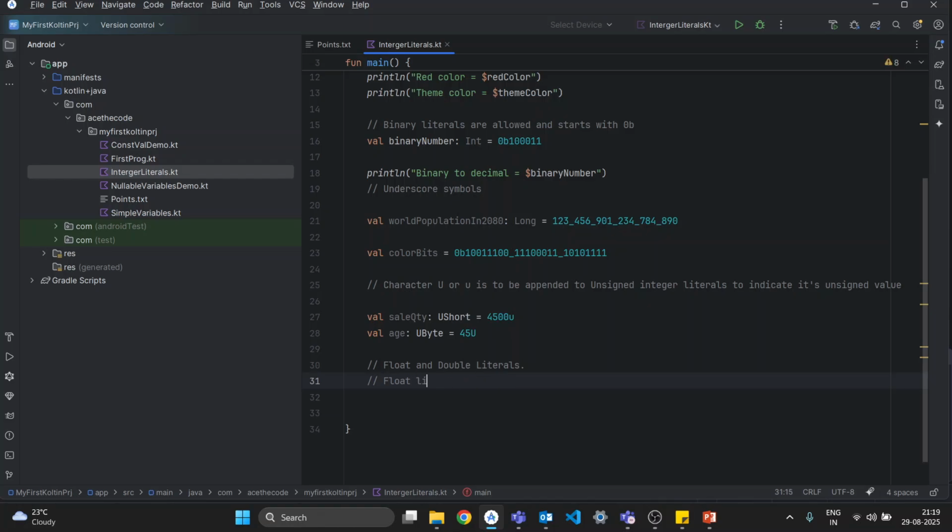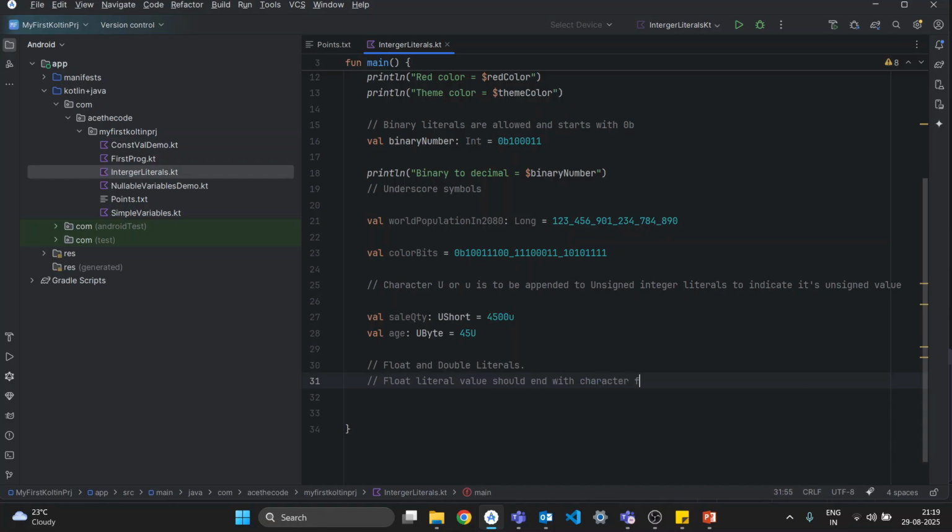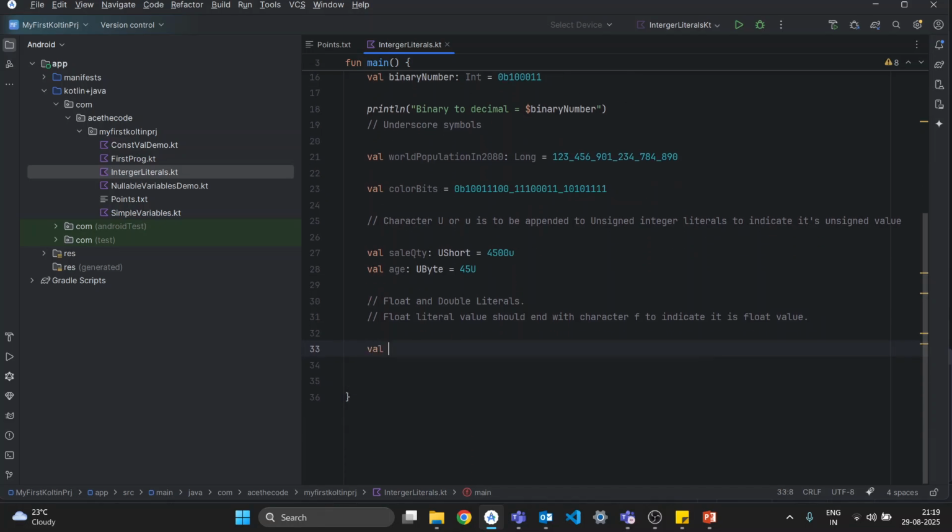Float literal value should end with character f to indicate it is a float value. For example, val billAmount